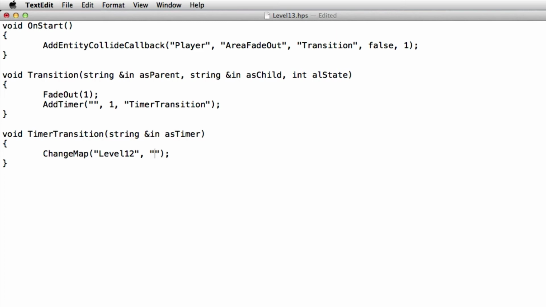And the second one is the start position. If you keep this empty, you'll basically just spawn in the spawn area in your map that is found first, and it goes through alphabetically. So if you have area A, it's going to spawn you in area A before area B. So anyways, I'm just going to keep it empty and it'll just spawn me in the level, because I only have one area anyways. The 2 next ones you can also keep empty.